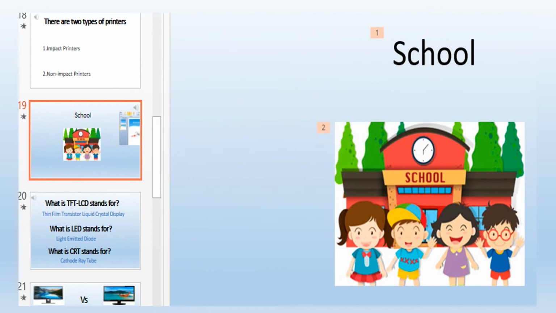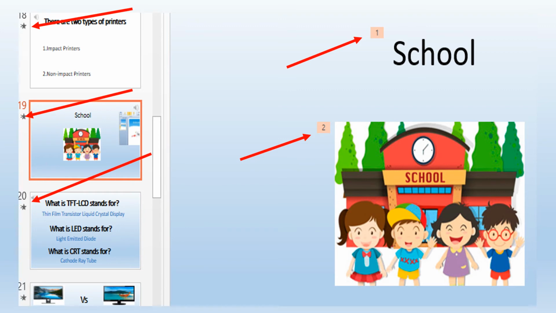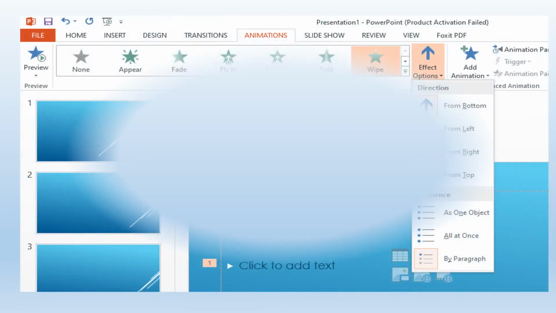Once you put the animations, you will see these numbers next to the contents in your slides, and also in the slides pane you will see these stars next to the slides after putting the animations.